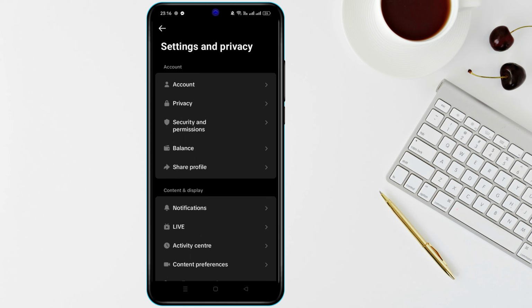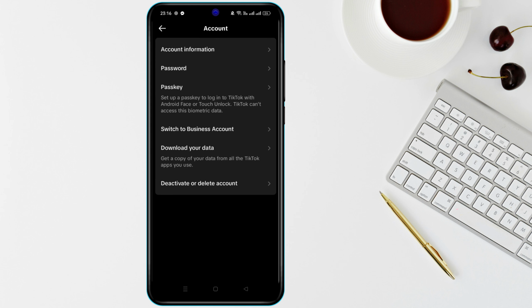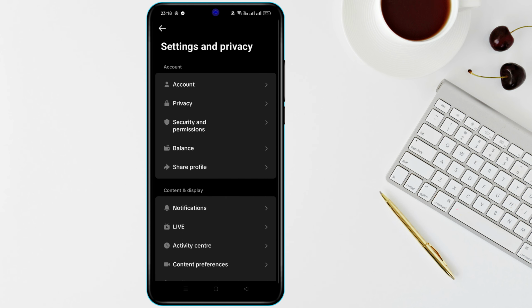Scroll down and tap on Account under the Account section. Here you should see an option for birthday. If you were not able to edit it, it means TikTok does not allow you to change your age once it's set. If you need to change your birthday due to a mistake or for other reasons, you will have